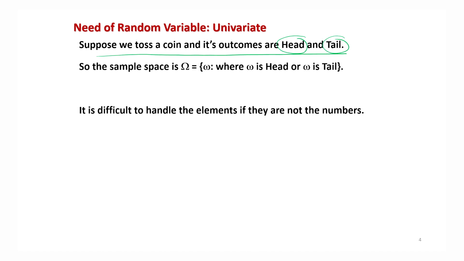Right. So we know that the sample space in such a case, which we denote by capital omega, that's a standard symbol for the sample space, is a collection of all such points which I indicate by small omega, where this small omega can be either head or tail. So I can say that the outcome of tossing a coin is either head or tail.